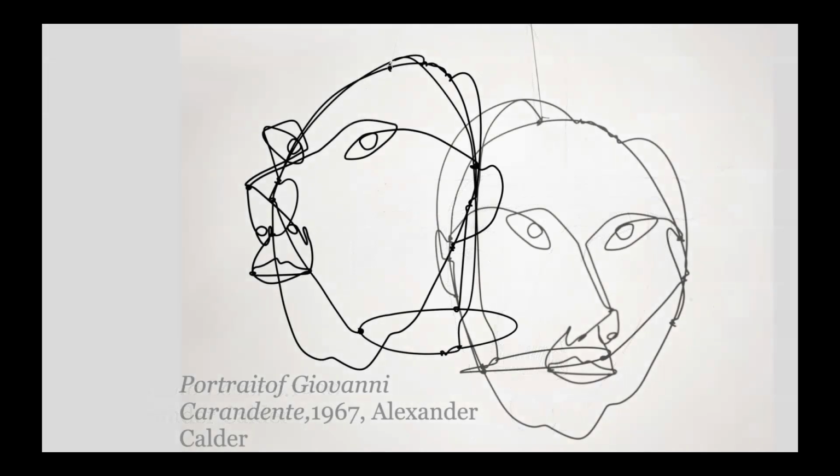These, of course, are actually portraits, and it's a hard image to read, but that's actually wire hanging from another wire, I guess, in a gallery space. So the white behind it is actually just the wall of the gallery. So he would form this wire into these three-dimensional forms and allow them to float in the air